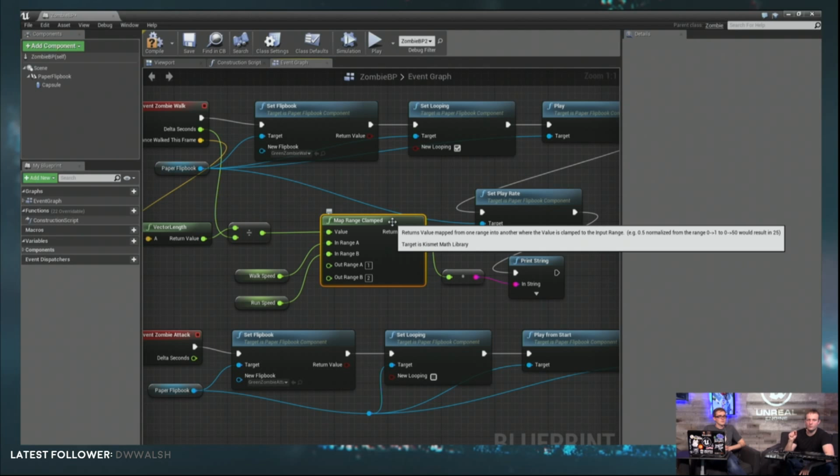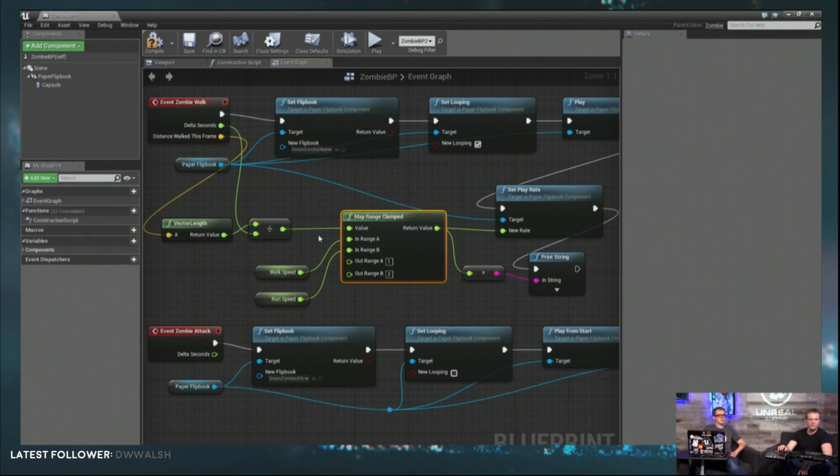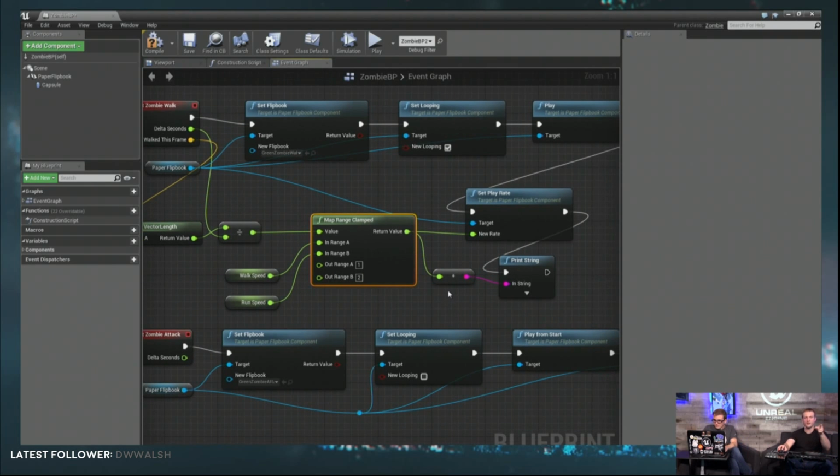Pure, since it doesn't have an execute pin, every time you ask it, it will redo the calculation. So it will do the calculation here, and then when it goes to print, it will do the calculation again here. And so if there's a slight change in there, then your print's going to be totally different from what your set play rate would be. If I changed anything downstream from that equation, that would change it, but also I'm going to calculate it twice.